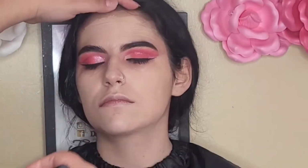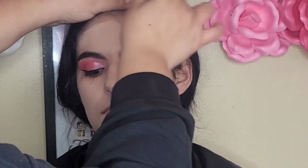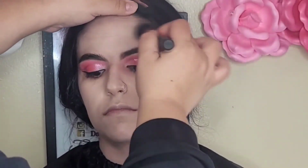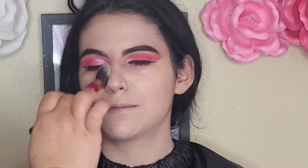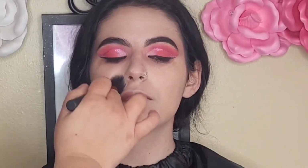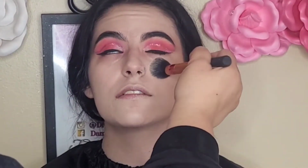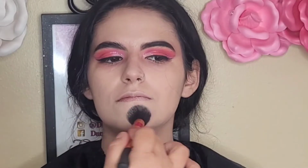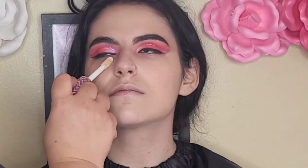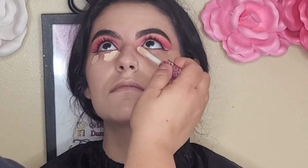As you can look at her neck, she is extremely pale. So I went in with my NARS Radiant Foundation in the shade Zyberia, I believe is how you pronounce it, but it is their Natural Radiant Longwear Foundation. And we're just going in and using a Real Techniques brush, I'm not sure the name of that brush, but it is by Real Techniques, and I'm kind of just using it to pat that into the skin and blend